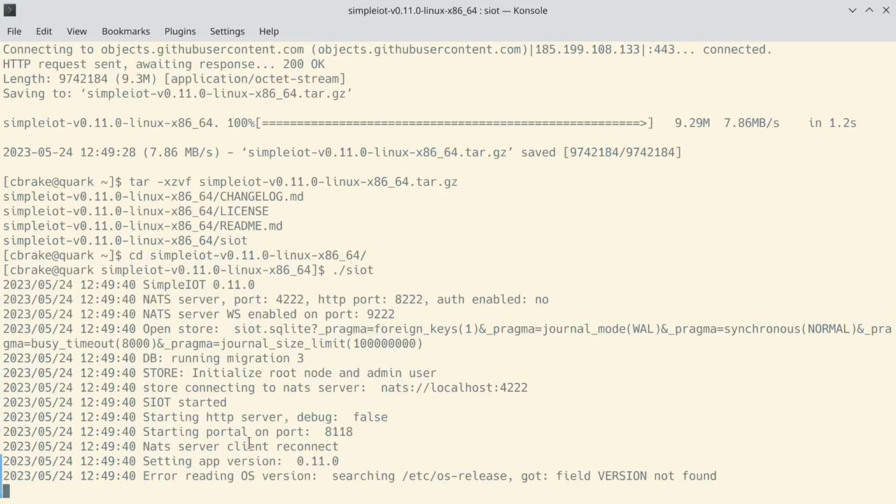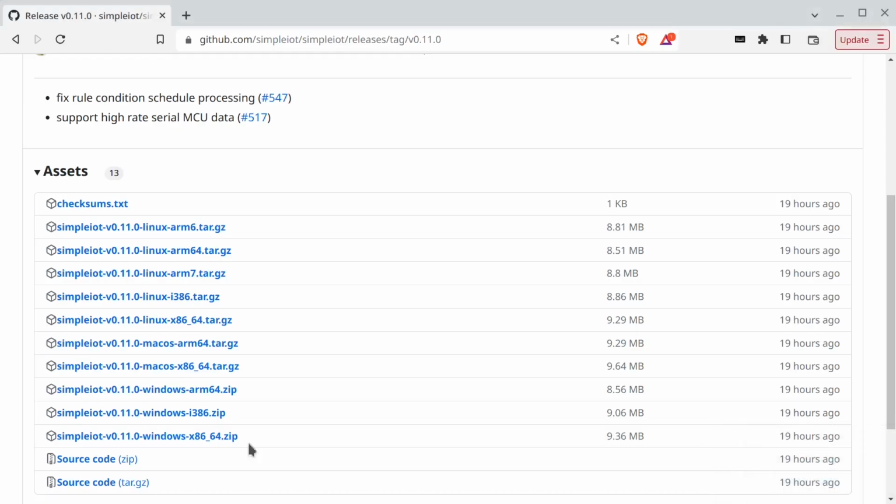Okay, Simple IoT is running on port 8118, so let's go to the browser,